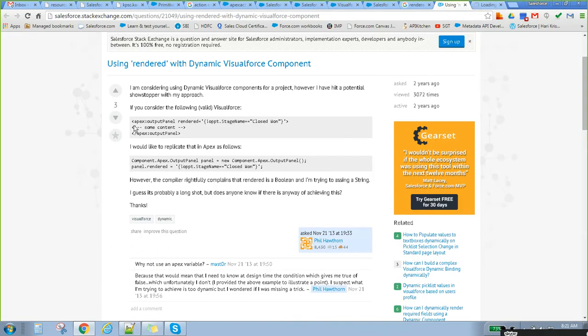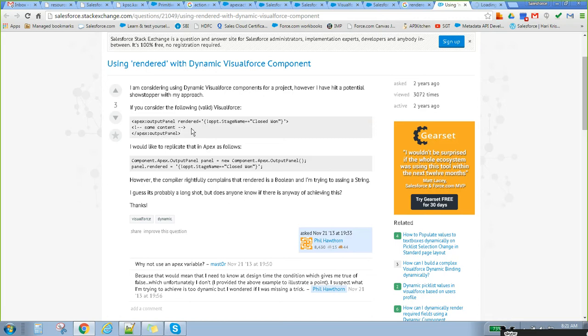See here, they are using an output panel. An output panel is nothing but one panel, and inside that we write all the output fields. Panel is a set of panel areas, and inside that we mention an output field. So rendered equals, if opportunity stage is equal to Closed One, then only it has to display this particular information.